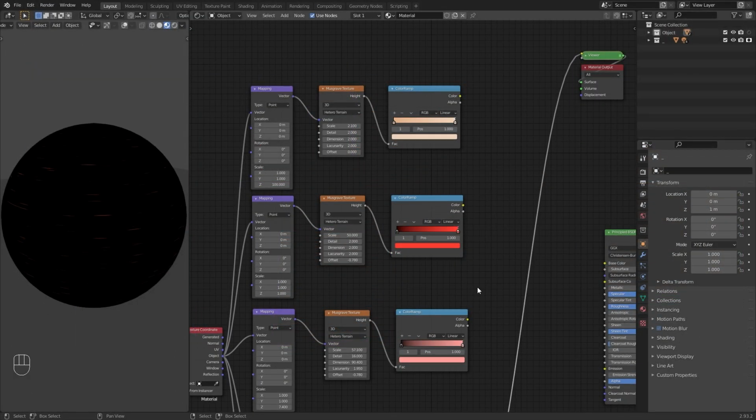Before that, let us set the locations of all these nodes in order. To do this easily, enable the snap feature in the shader editor. Now let's position these nodes.